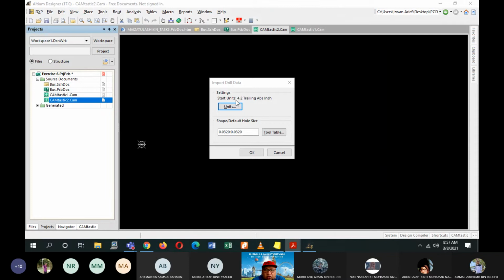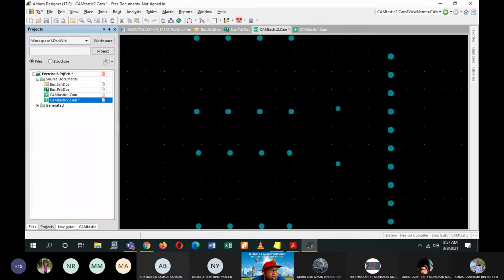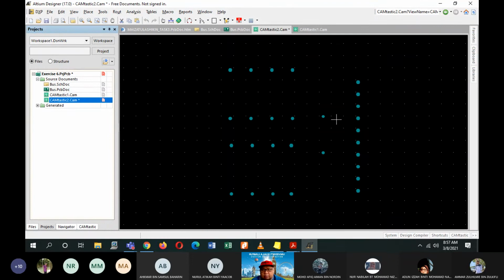So start units 4:2 trailing, inch. Okay. So when this pops up, just click on OK. Then you'll have your drill file. So this is the position where you need to drill on your board. So what is this drilling used for?